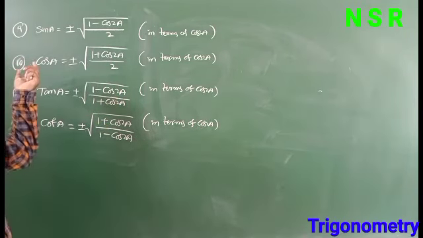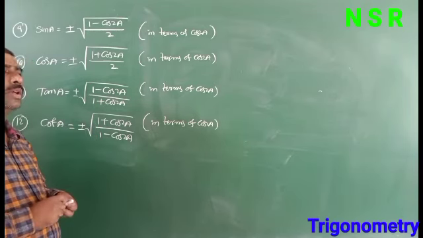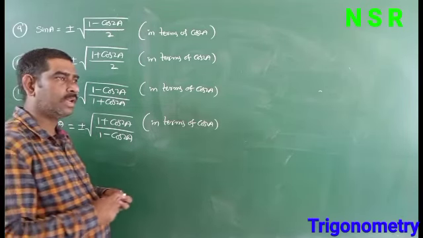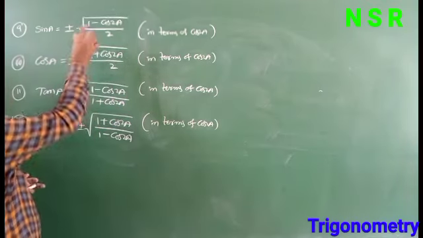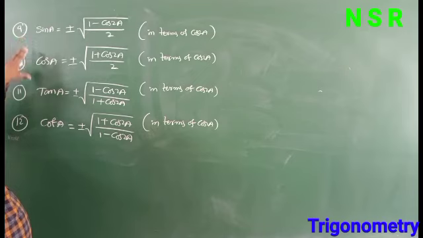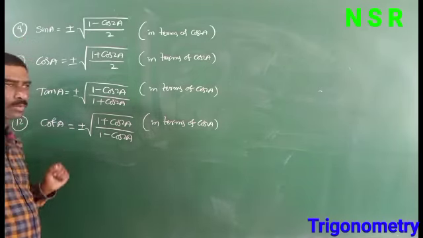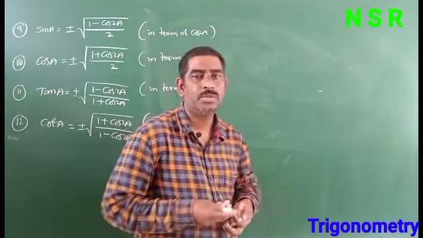So we have a sin A formula in cos square A: sin A equal to square root of 1 minus cos square A. This is the formula in terms of cos 2A. So in terms of cos 2A there are 4 types: sin A, cos A, tan A and cot A. These 4 are very important. So today's session is